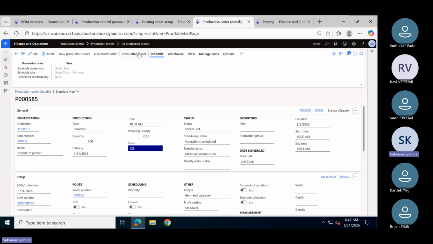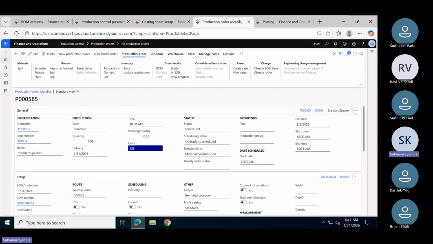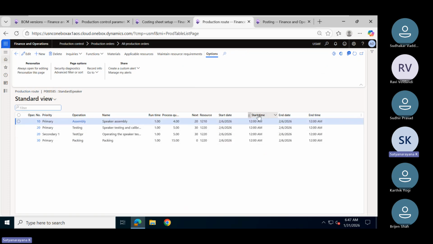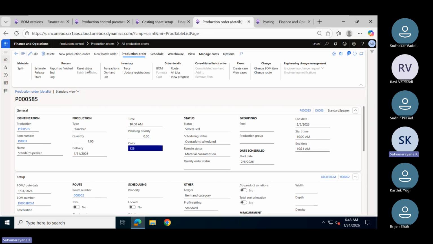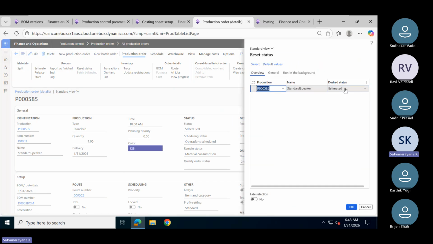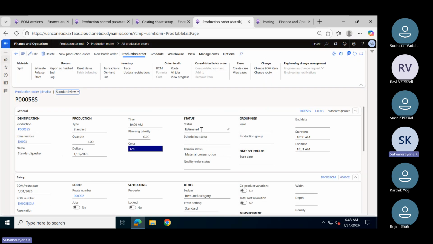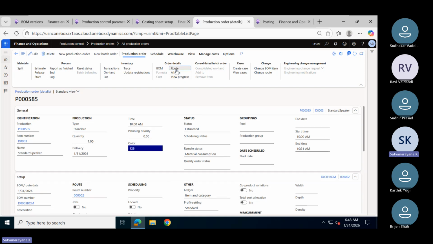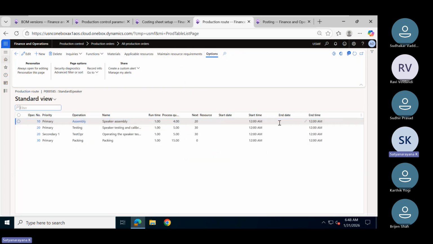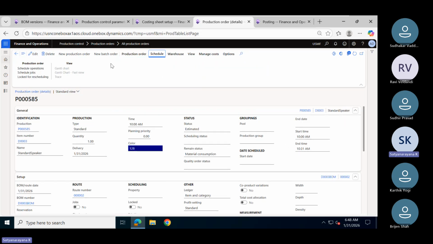Fine. Now in the route, the date and time will be updated. Not BOM, in the route. Let me do it once again. If I want to go back a step, I can make it estimated. Now it is in estimated status. Now if you look at this route, at present the start date and time are not updated. Now if you click on schedule operations,